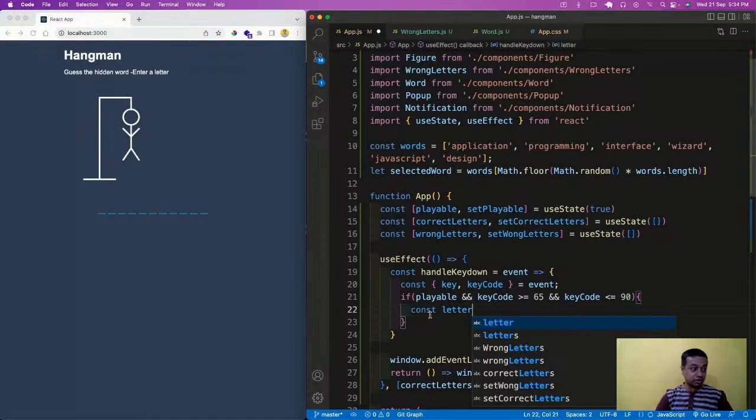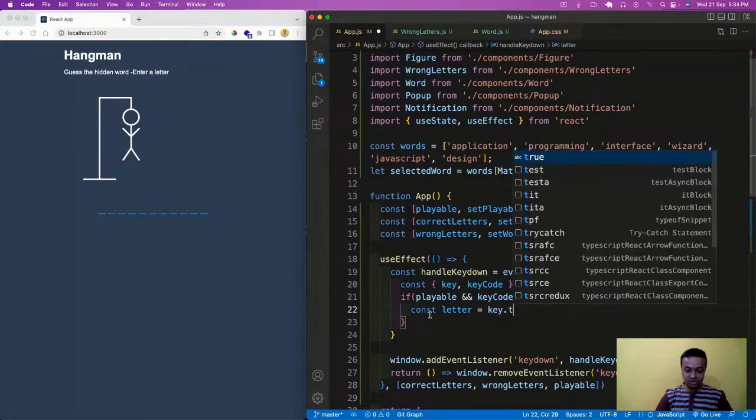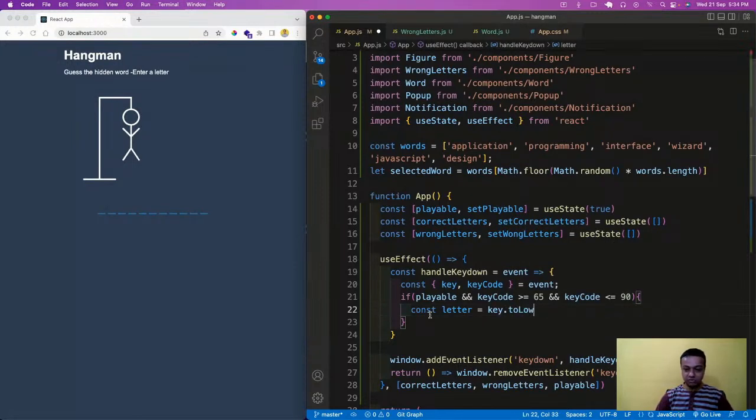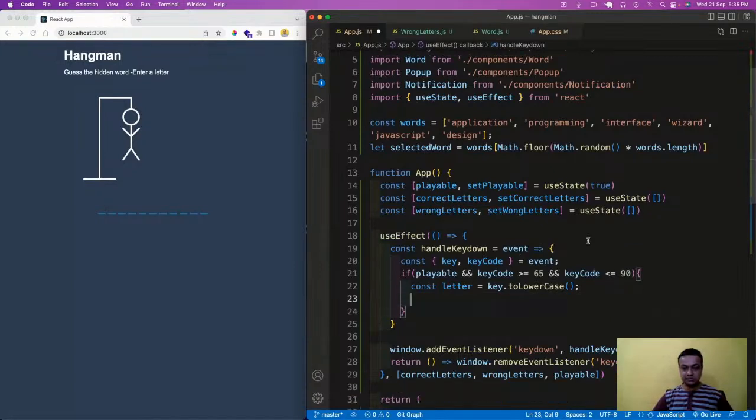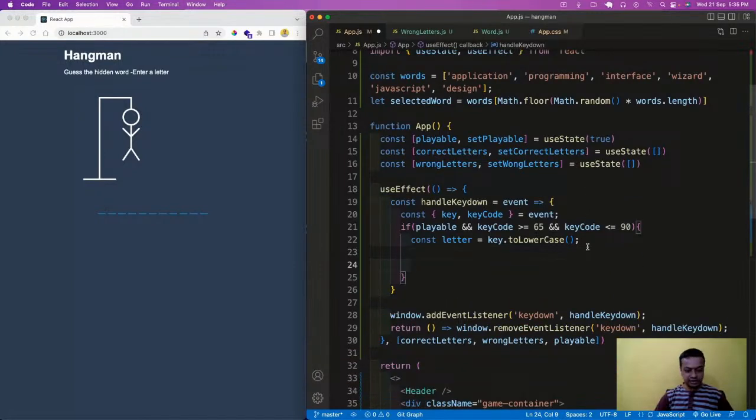This project has a lot of logic. Actually, all game projects have a lot of logic. So key dot toLowerCase, I'm going to make everything lowercase, or uppercase. Like that we have to do. Then we'll come here, and then if